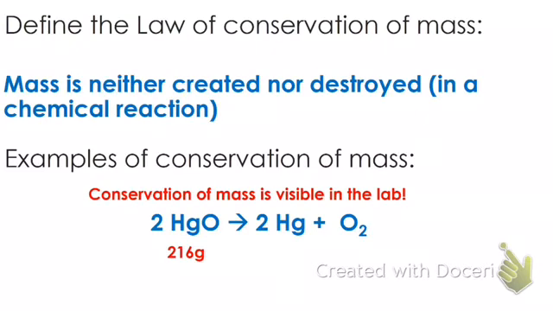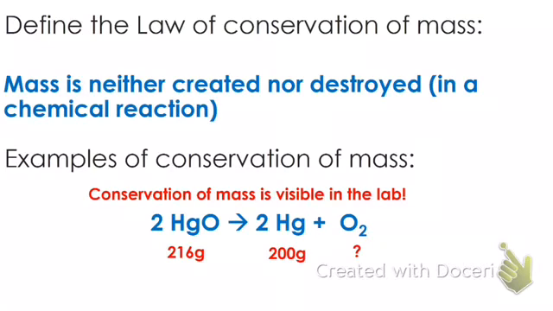If I have this reaction and I have mercury 2 oxide being heated and it breaks down into mercury and oxygen, this one thing breaks down into 2 products. Well, as long as I know how much stuff I started with, 216 grams of that mercury 2 oxide, when I do this reaction and it breaks down, I'm going to isolate mercury, and let's say I isolated 200 grams of mercury. For some reason, I could not capture and weigh the oxygen that was produced. It didn't want to stay on the scale, so I don't know, just from my measurements, how much oxygen